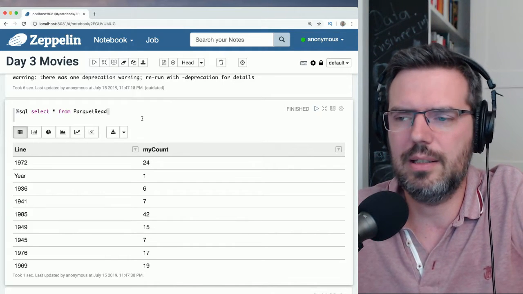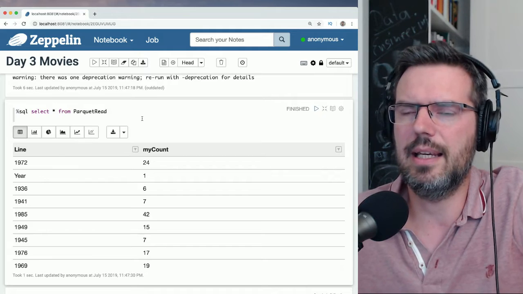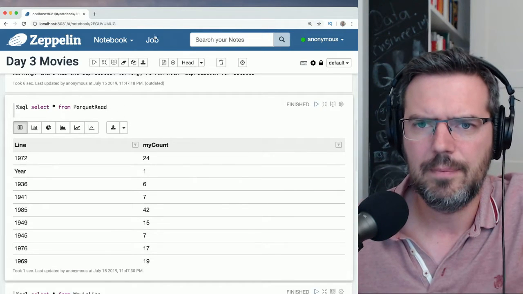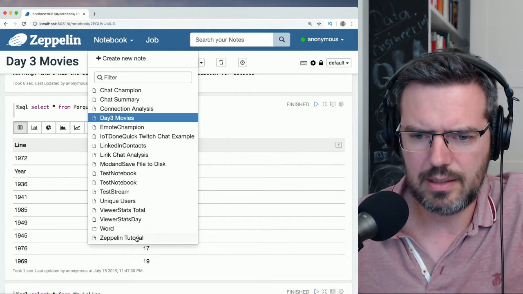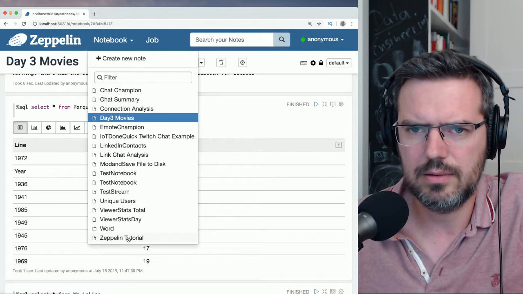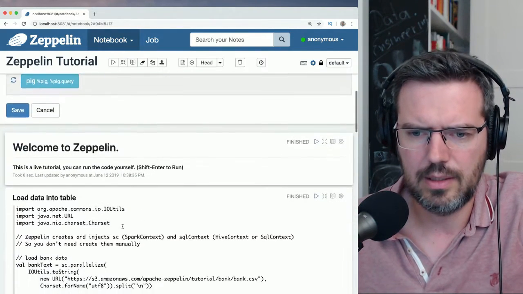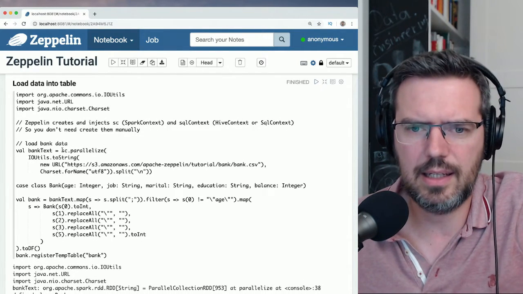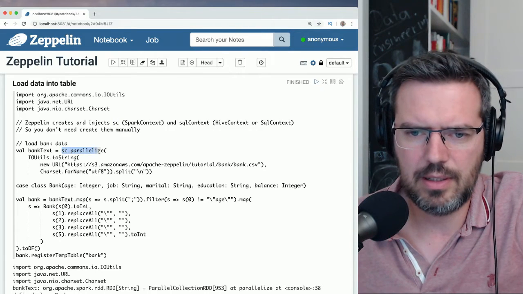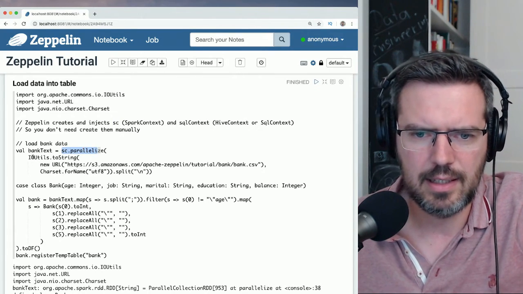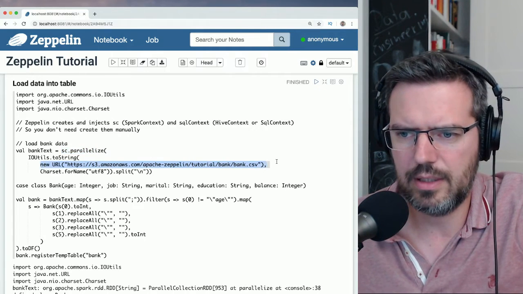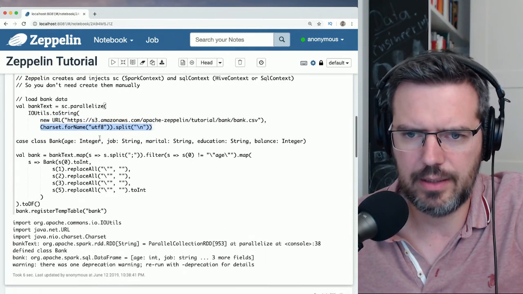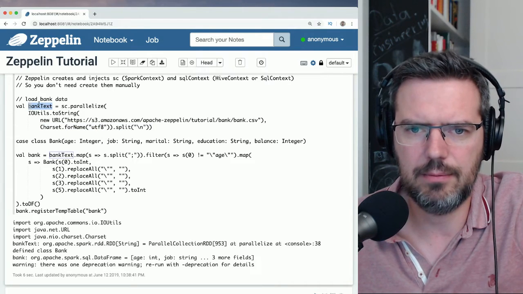You can directly access a Parquet file or a file on S3 and load this. This example should be in the Zeppelin tutorial. Is this still the tutorial? Yeah, here, the old one. They say Spark context parallelize IO utils to string new URL, and then you put in the CSV and the char set, and out comes an RDD.